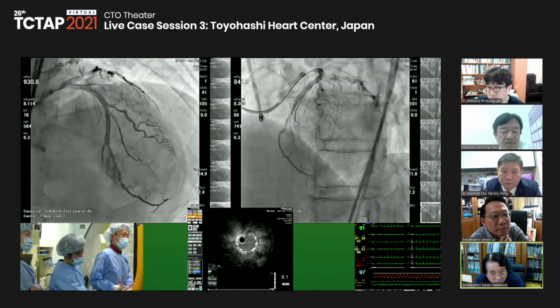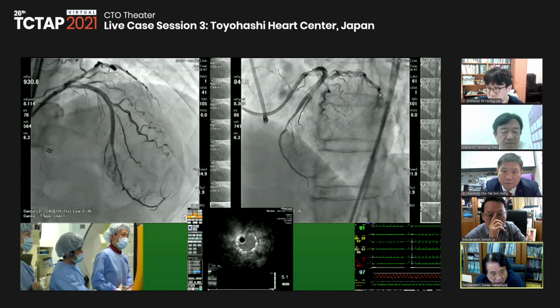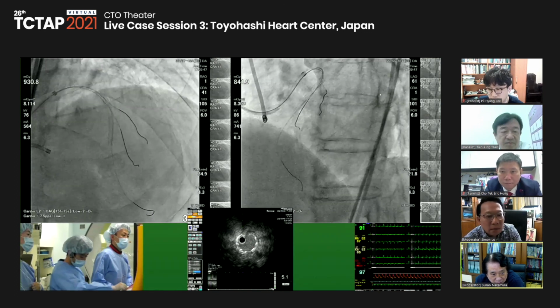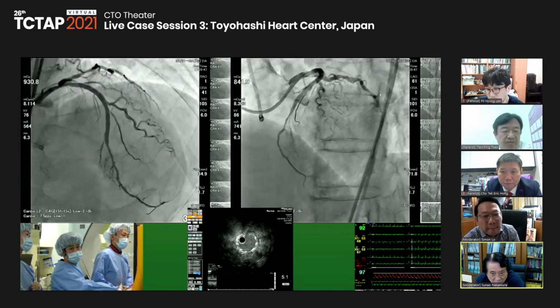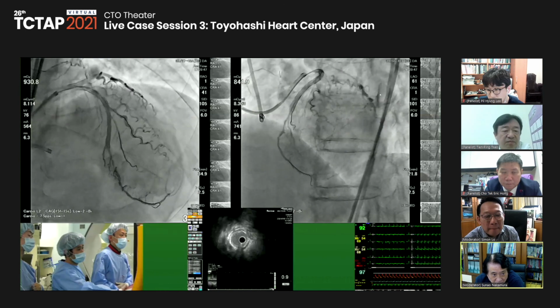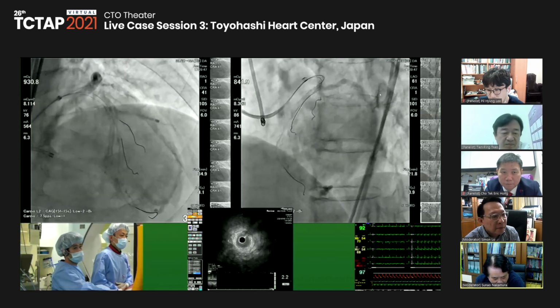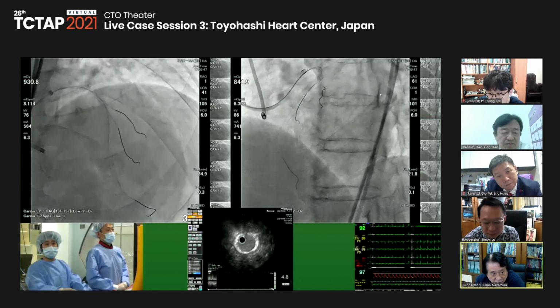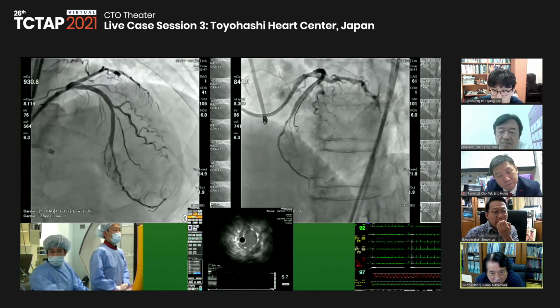He also always shows us we should check two different orthogonal views, like left cranial or true lateral. This is very important. And finally, after wire passing, we should set an appropriate stenting.